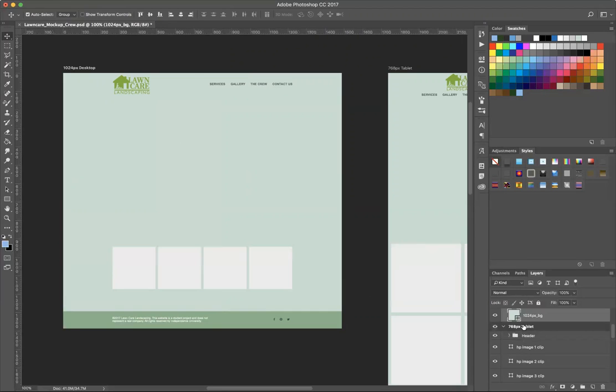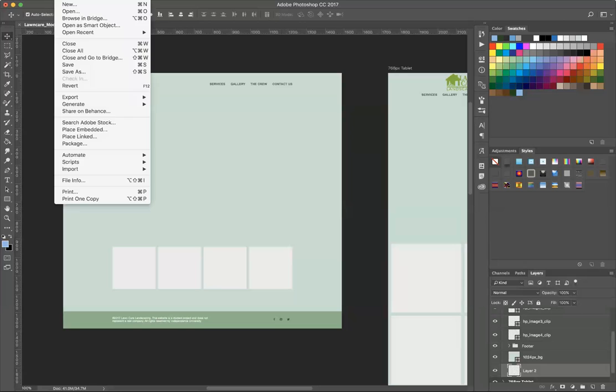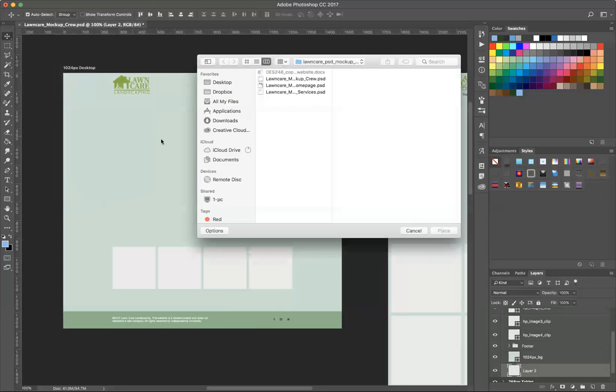Let's see. That's the 768, 480 mobile. This is my footer. This is my desktop version. Yes. I'm going to make a layer here and I'm going to drag it to the bottom. I'm going to go to File, Place Linked,